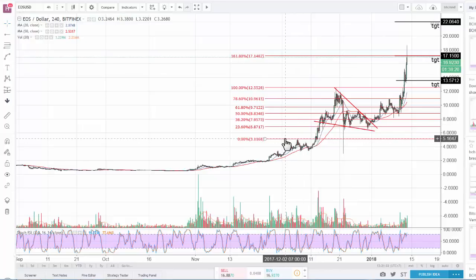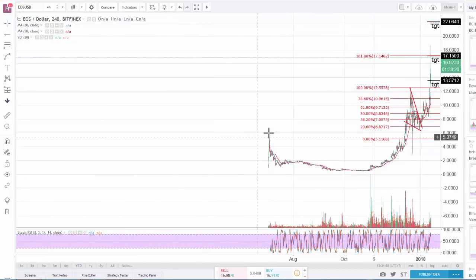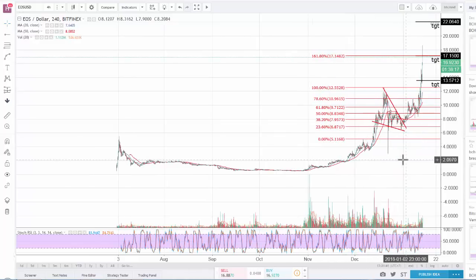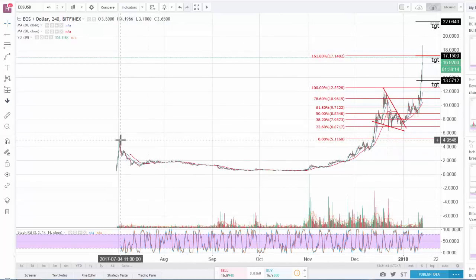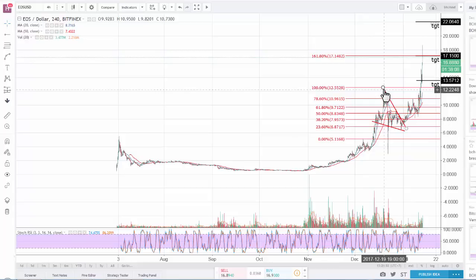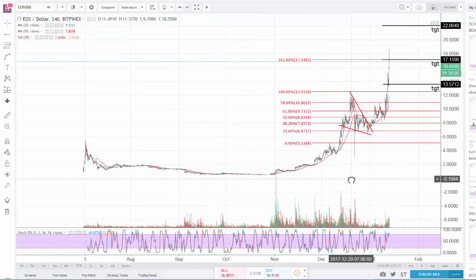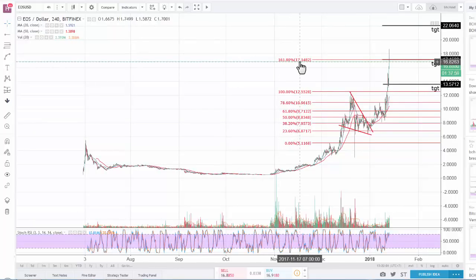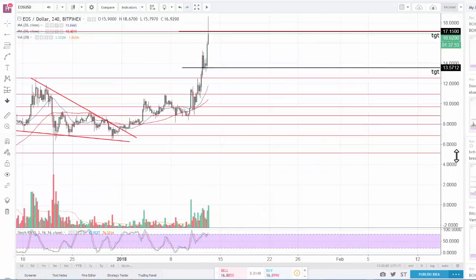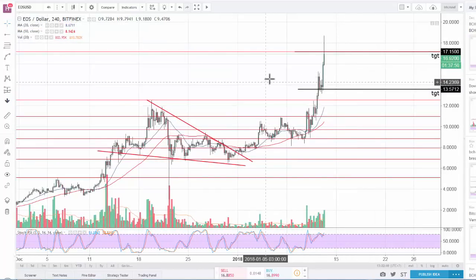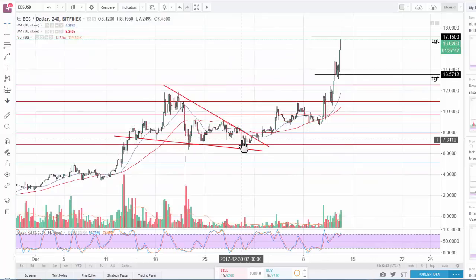So I did the Fibonacci extension from this previous high here, which is the previous all-time high. Okay, almost the all-time high here. The close of the candle is exactly here. So the first all-time high up to this previous all-time high, and the extension lines that we see above. One of them, the first one, the 161.8, is exactly at $17.15 per EOS. So I'm pretty sure, I mean, nothing is sure, but I'm pretty sure we're going to find resistance there. Not only is this the target from the pattern, it's also the Fibonacci line from the extension, and